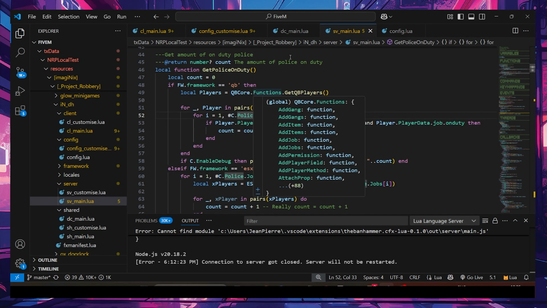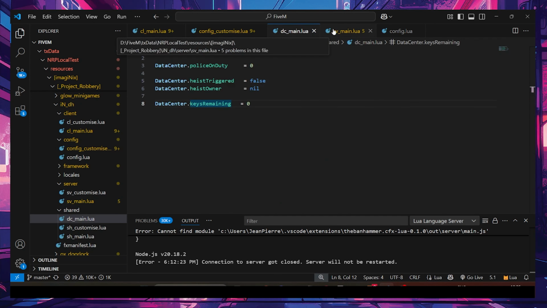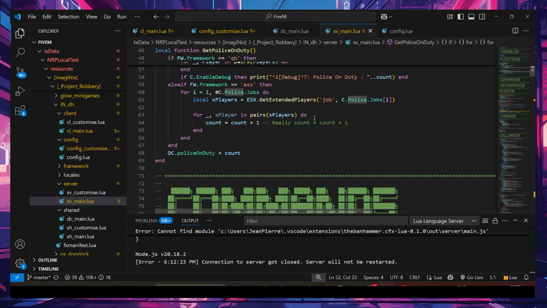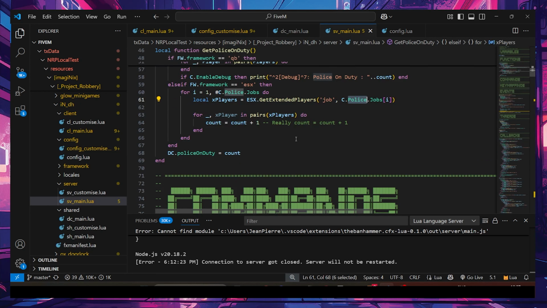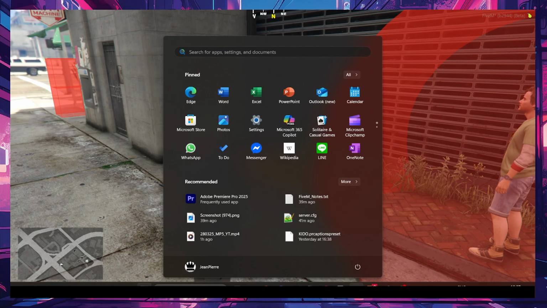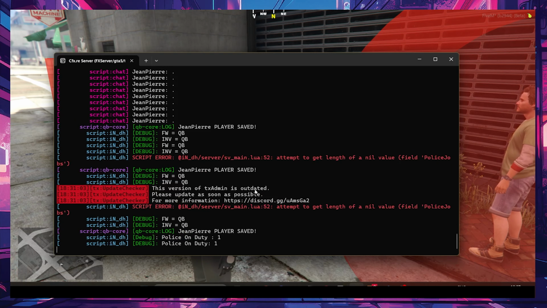But did we not get the correct variable now? Or what's the problem? What is the problem? Police dot jobs, right? And that should be a table or a table. Okay, I get you. But what? That's breaking my brain. I'll have to think. Field police jobs. But see, the thing is,